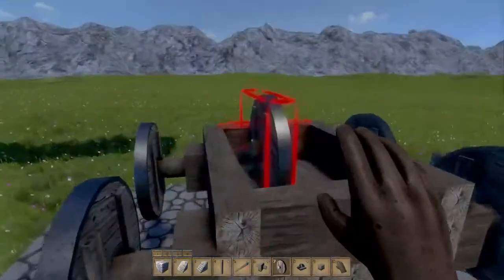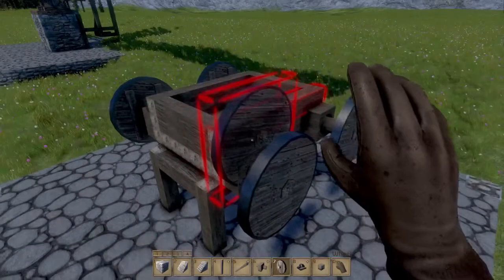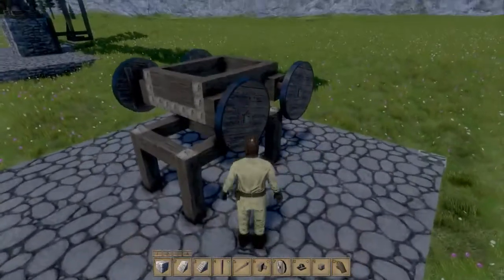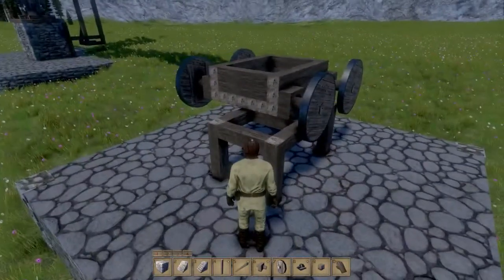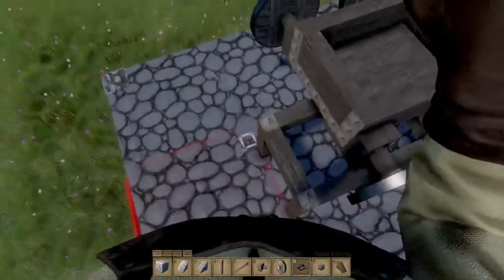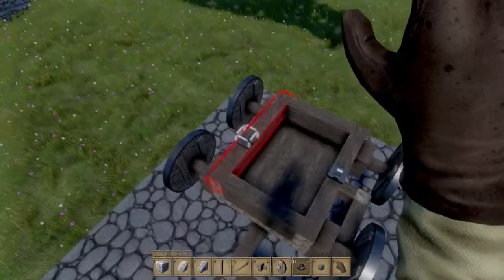Alright, so there's your most basic cart. And now this is already a dynamic object. You can see I can nudge this around. Now I could nudge it off the platform. That's a little dangerous. You could also put slopes on your jig to ease it down. But if you're in creative mode...